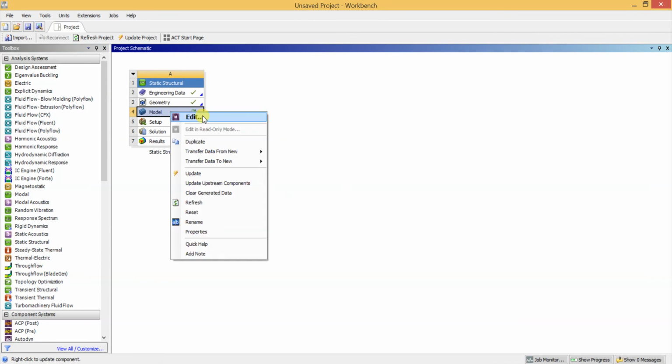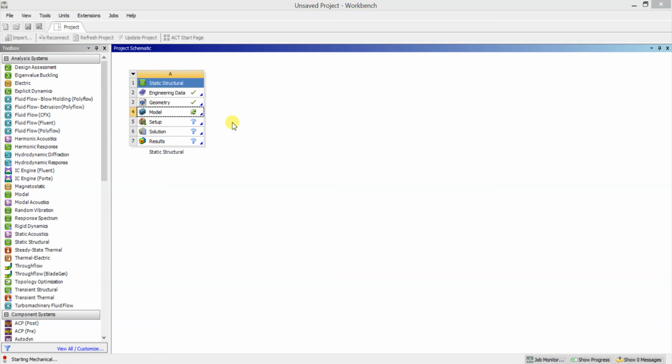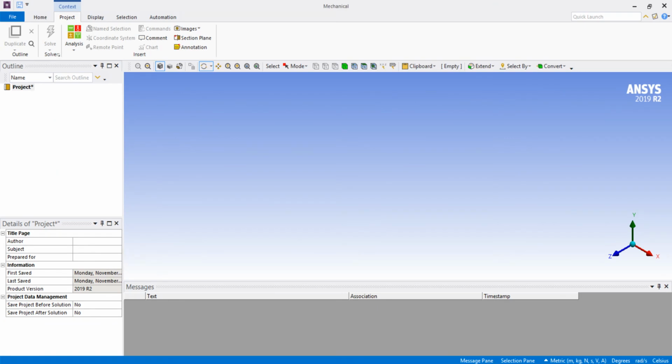I'm going to open the ANSYS static structural mechanical workbench by right clicking on the model option and clicking on the edit option. Okay, so the ANSYS mechanical workbench will be opening with the static structural options. We will see the ANSYS stress analysis of the L angle drawn using SolidWorks software after opening this workbench module. Workbench has been opened.